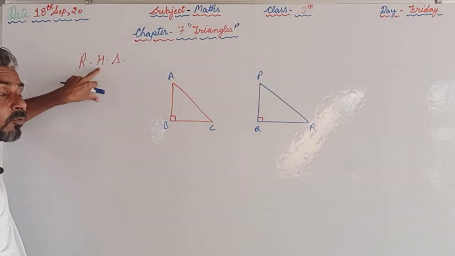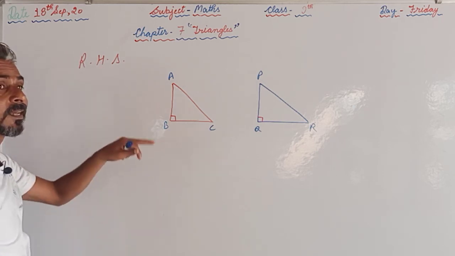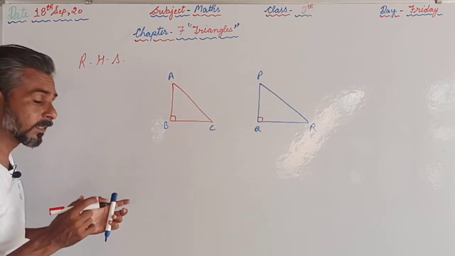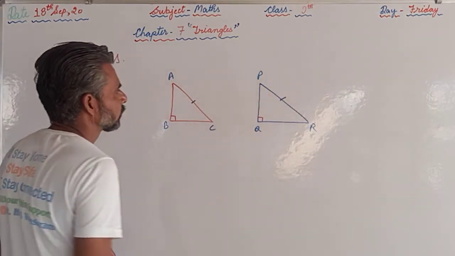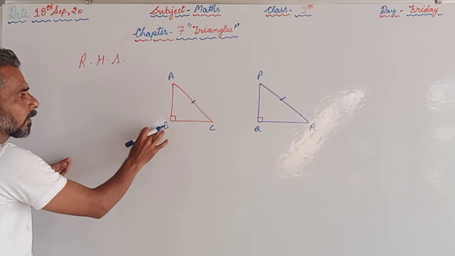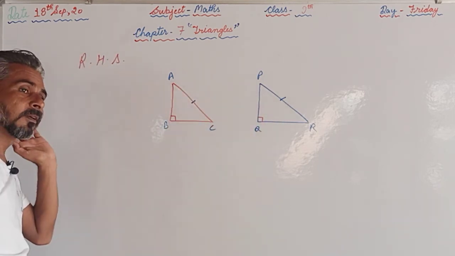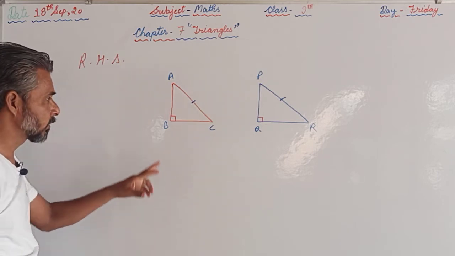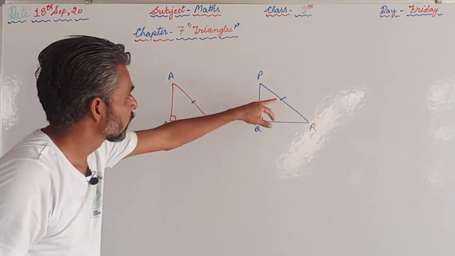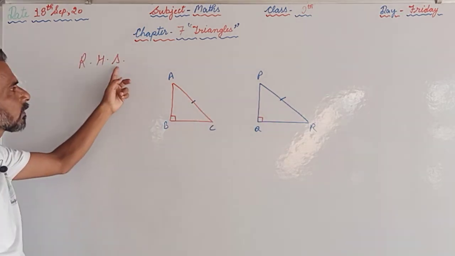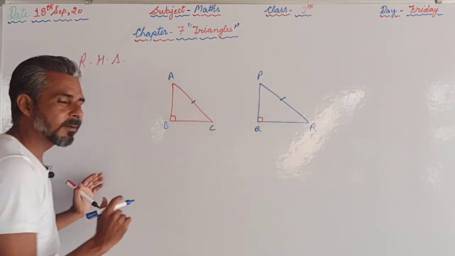Now, their hypotenuse should be equal. What is hypotenuse? Hypotenuse is the side in a right angle triangle which is opposite to a 90 degree angle, and that is this side opposite to the 90 degree. This should be equal. Now, the triangle should be right angle, means one of the angle should be 90 degree and the side opposite to the 90 degree angle should be equal, and any of the side. Now, how many sides are remaining? Two. Any one can be equal.